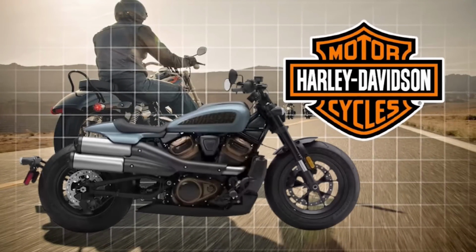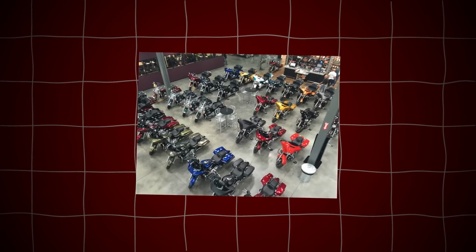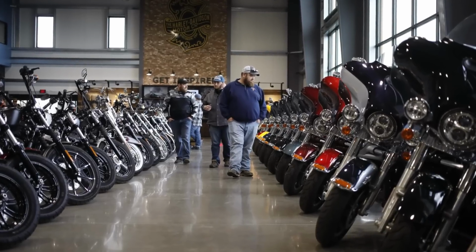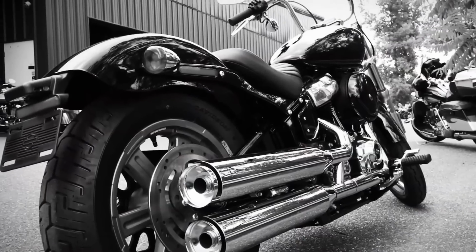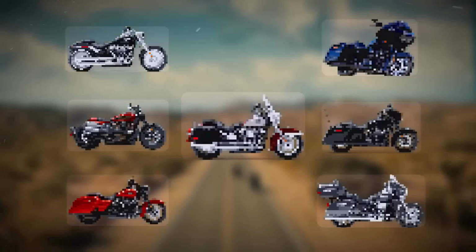Harley-Davidson dealers aren't saying it out loud, but some bikes are sitting too long, gathering dust instead of miles. This July, they're quietly trying to move them fast. From forgotten cruisers to overlooked tourers, these are the 7 bikes dealers are pushing hardest to clear out before the